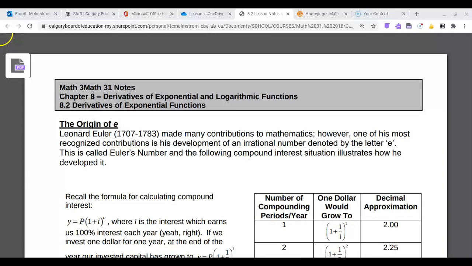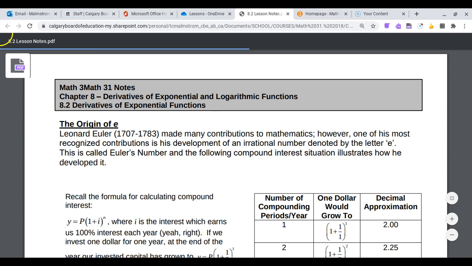Okay, 8.2, derivatives of exponential functions. The origin of e. So if you haven't heard of e yet, e is an irrational number, just like pi. It's a non-repeating, non-terminating